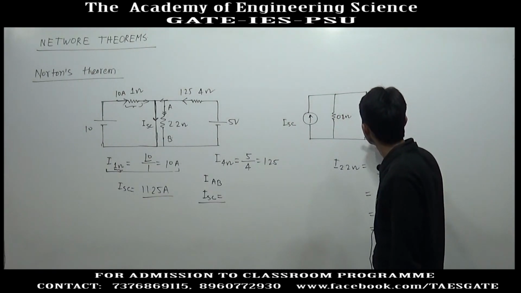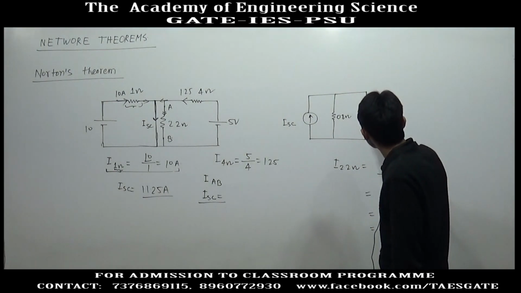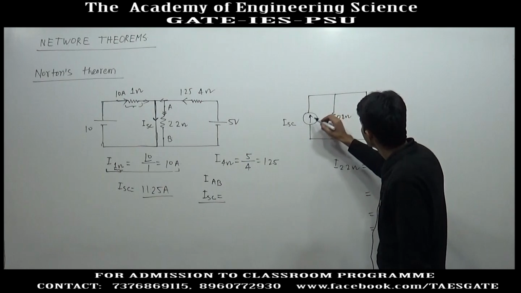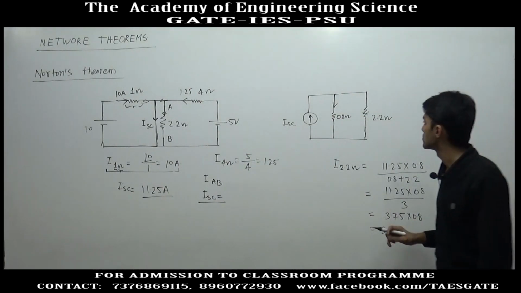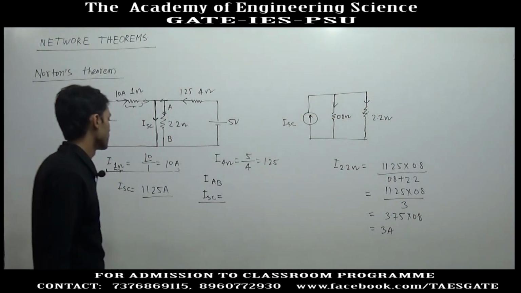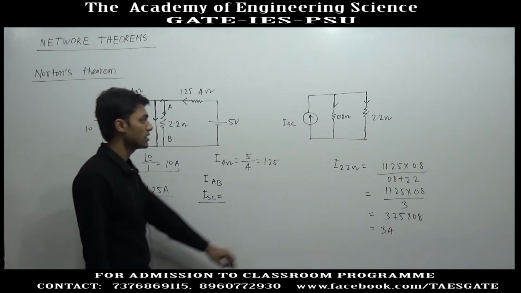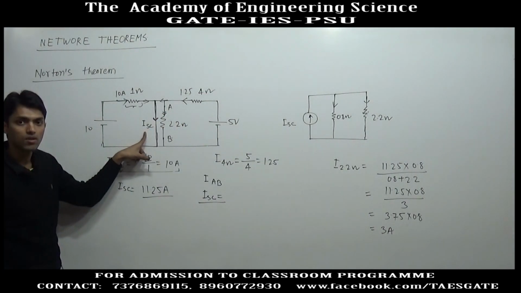If you short circuit it, then the total current will flow through this load. So, this is short circuit current. Now, if you are connecting a resistance here, it is obvious that some part of ISC will flow through 0.8 ohm resistance. So, the load current will obviously be less than ISC, and that is calculated by this formula. So, the load current is not equal to ISC.